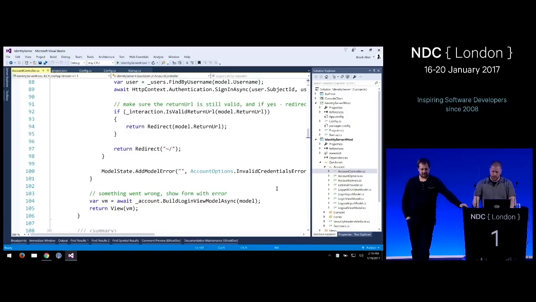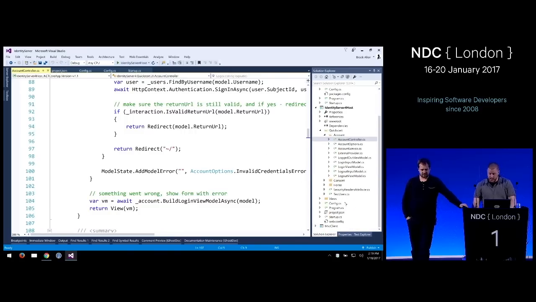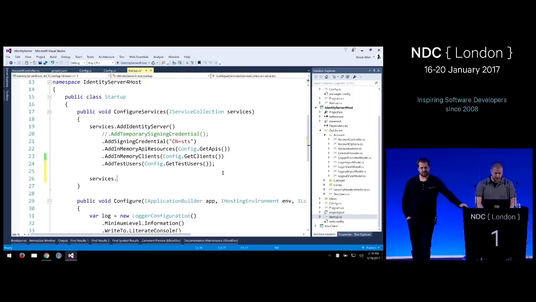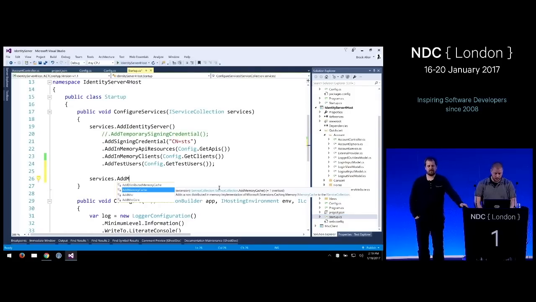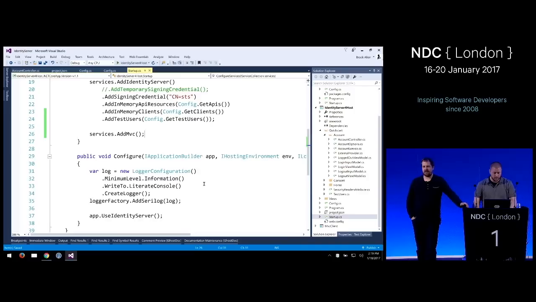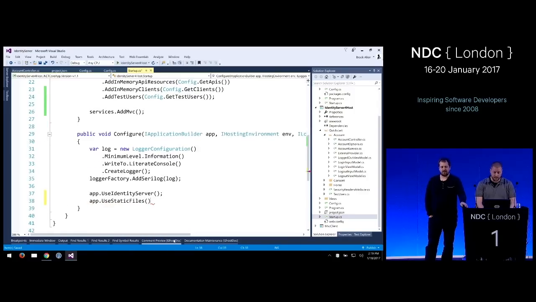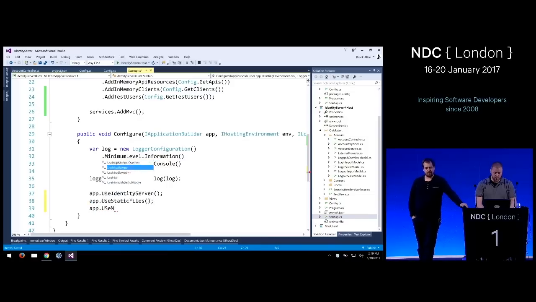Yeah, for now. Okay. We need to add MVC. We didn't add MVC, so yes, this is of course using MVC. So we'll just add the normal services, add MVC, which is the same thing as us. Now they're putting their stuff into DI that they need. Oh, we need static files. Yep. And we need MVC. I think those are the only few things we need to add.